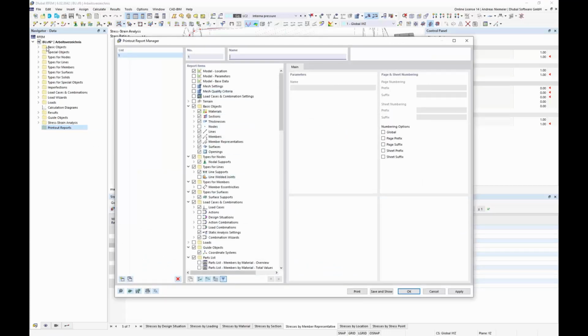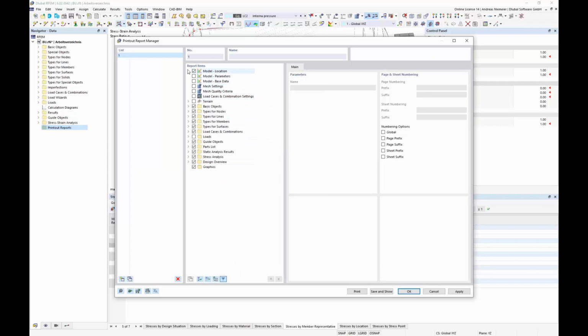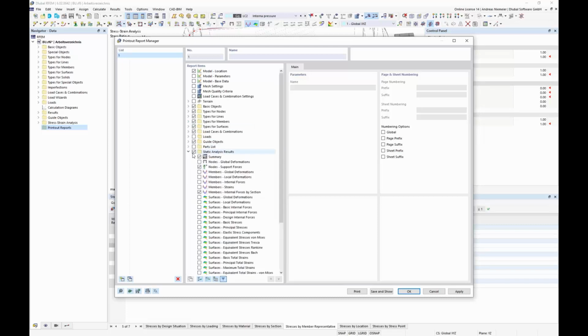And you see the same navigator like we have here is mentioned in the printout report. You can document model data, you can document basic objects, type for objects. You can document part lists if you need it. If you don't need it, deactivate it. You can document static results, summary, nodal support forces, whatever. So if you have here this nodal support forces,